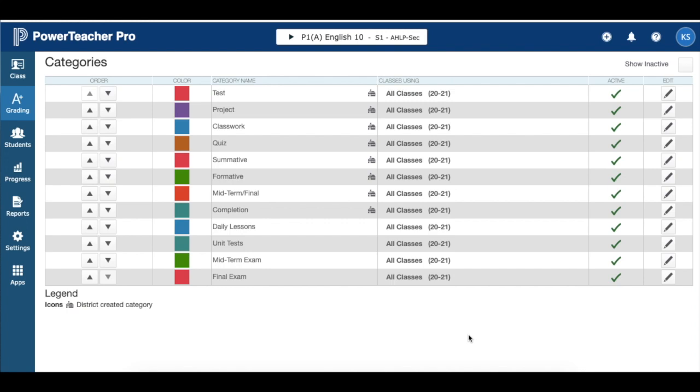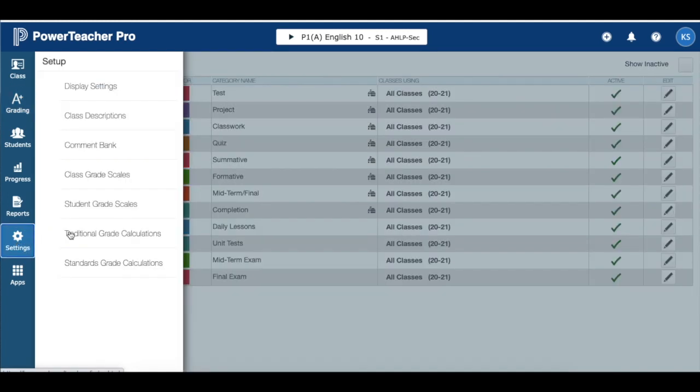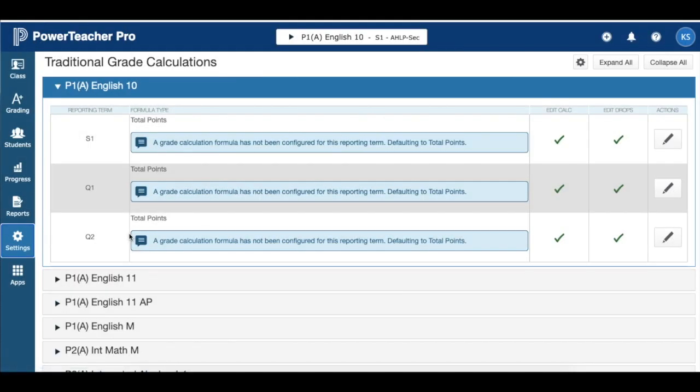Once you have all of your categories set up, you're going to navigate over to the left-hand side and click on Settings. Then click on Traditional Grade Calculations. You can see here at the top that it says for semester 1, total points, and we need to change that. So if we come over here to the right and click on the pencil under Actions,